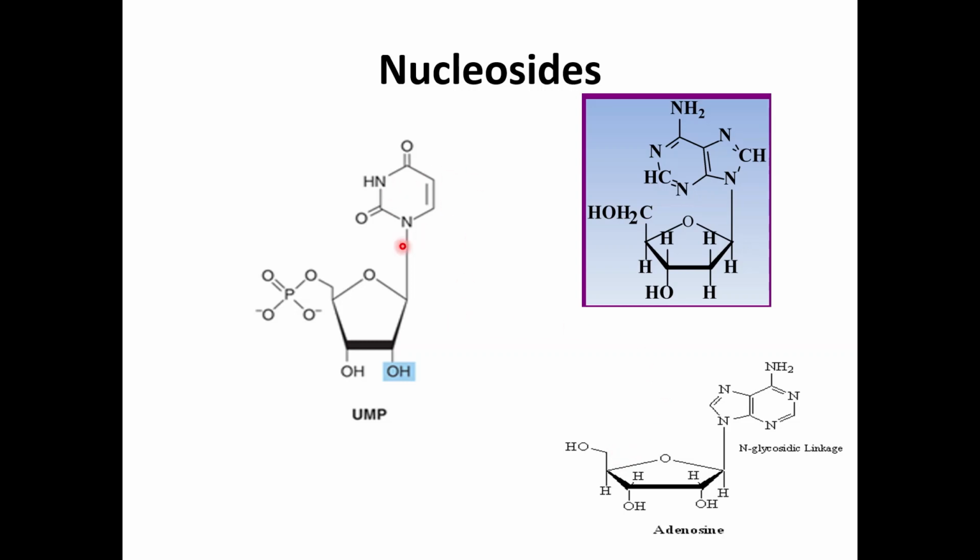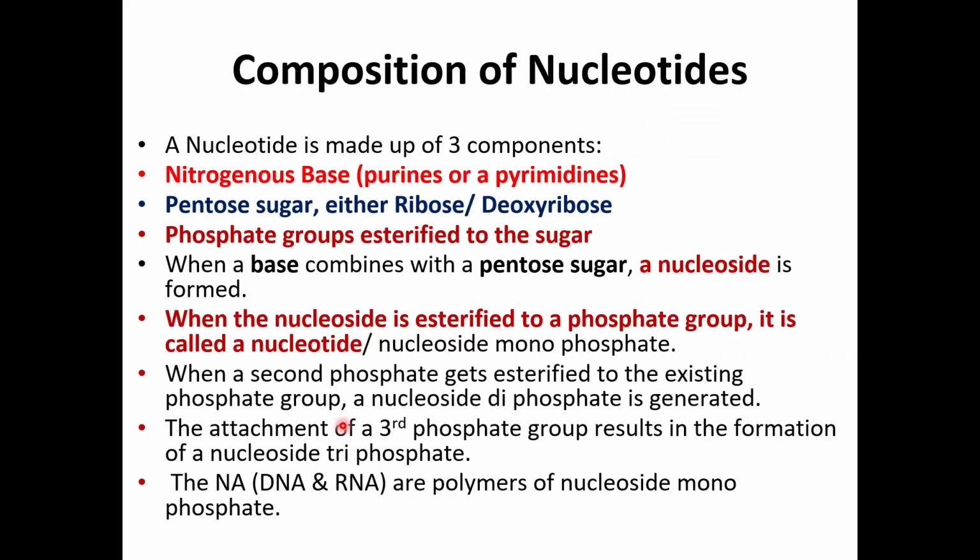This is a pyrimidine nucleotide, UMP, as phosphate gets esterified at the 5' position. So this is a nucleotide. These are the different nucleotides, because always remember the esterification is taking place at the 5' position. If one phosphate gets attached, it is monophosphate. Then two phosphates get attached, diphosphate, and three phosphates, it is triphosphate.